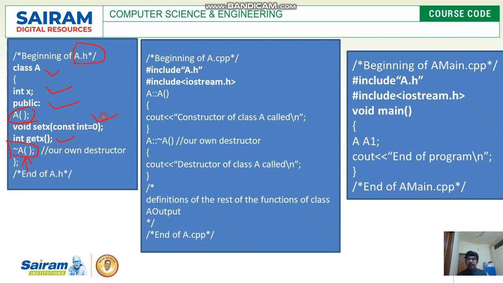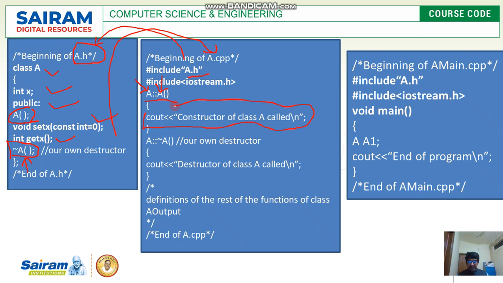This will be done in the source code known as a.cpp, where I'm going to include the a.h header file. This is my first file, and I'm going to define my constructor. How do I define this? I have to give my class name, the scope resolution operator, and my constructor name. This is not the destructor, this is the constructor. What it does is just print a message stating that the constructor of class A is called. We can make it do any job, but at this stage this will do a single job, which is to print a message.